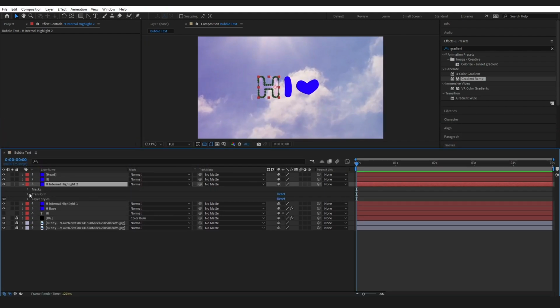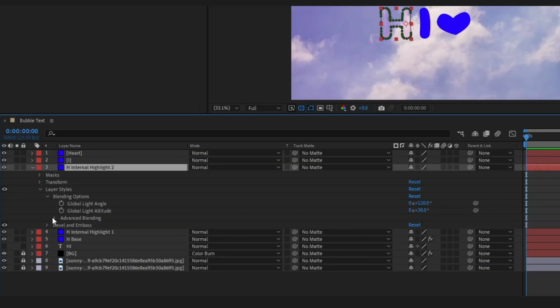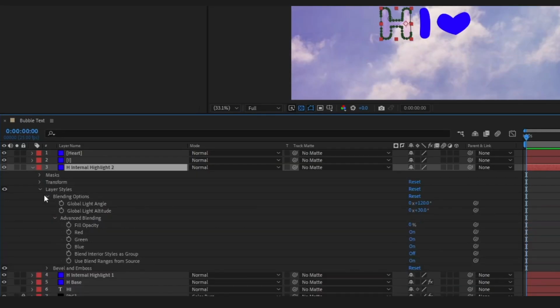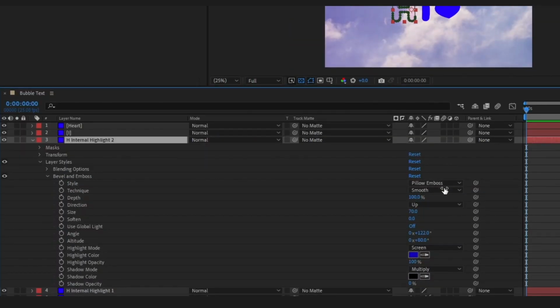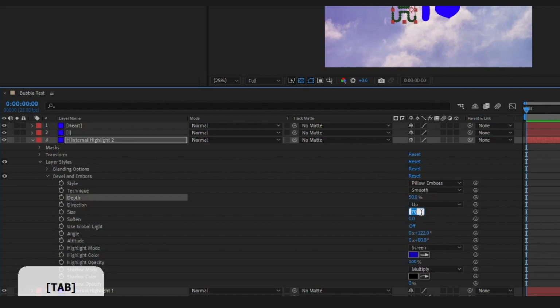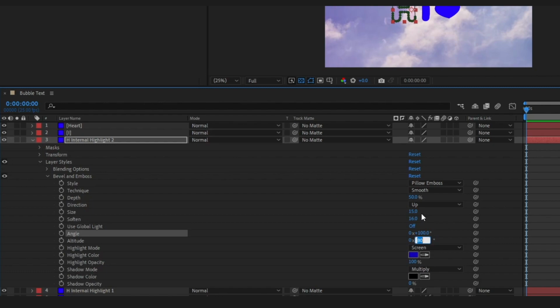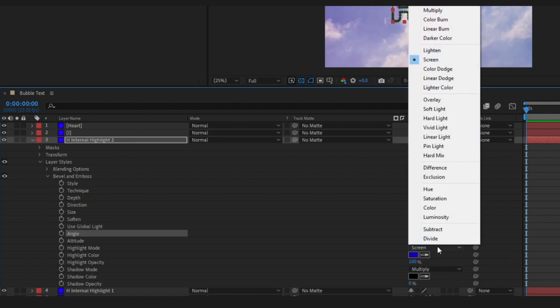We are going to confirm that our fill opacity is still on 0, then go to the bevel and emboss again. We want pillow emboss smooth. We're going to change the depth to 50, direction to up, the size to 15, soften to 16, the angle to 100, the altitude to 80. We are going to change this highlight mode to linear light,